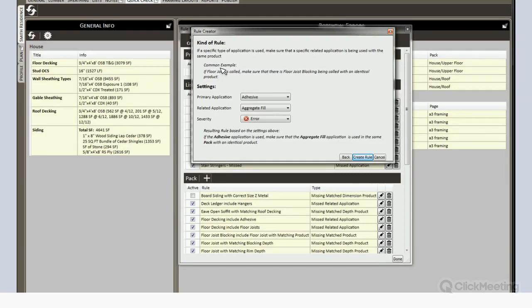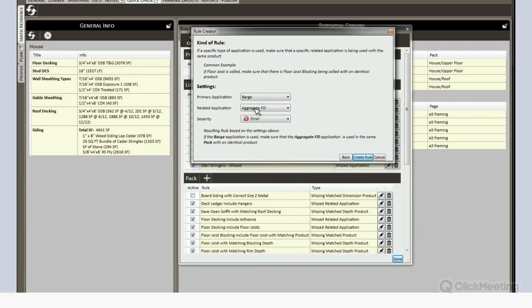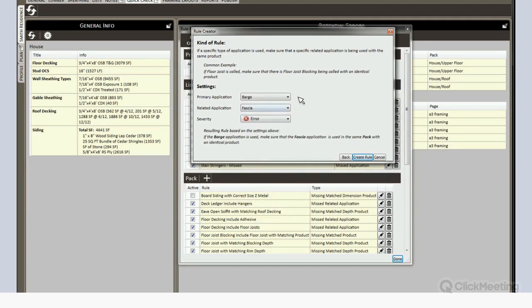So we're reminded of what the rule type is and what the common example is. Let's say for this case that we wanted to check that if we're calling barge, so this is our primary application, then look to make sure that there is some fascia being called. Because the way I do my work, I tend to always have my barge and my fascia match each other. So I want to call barge, and if I call barge, check to make sure that fascia is being called with the same